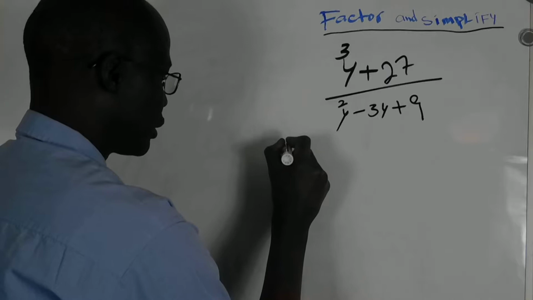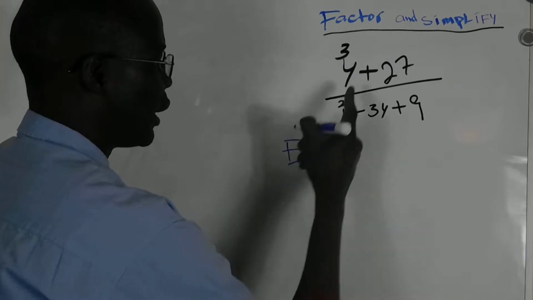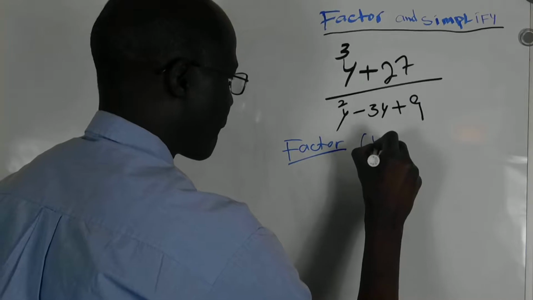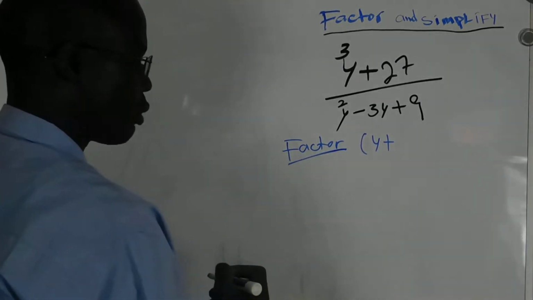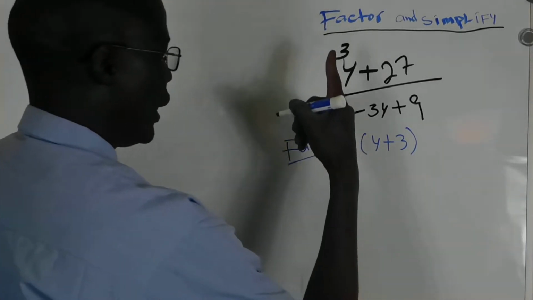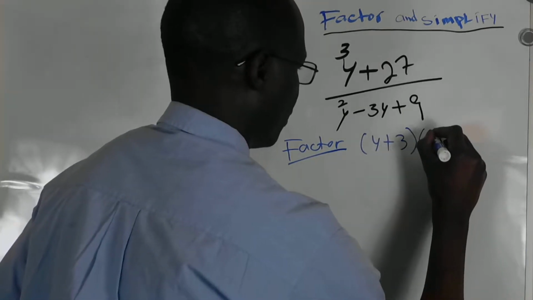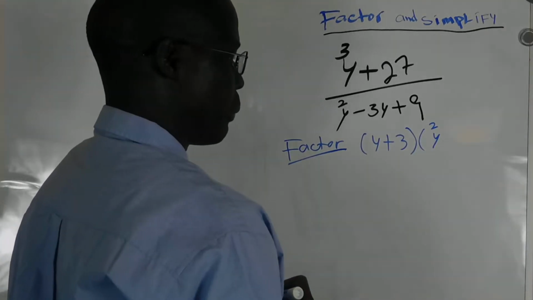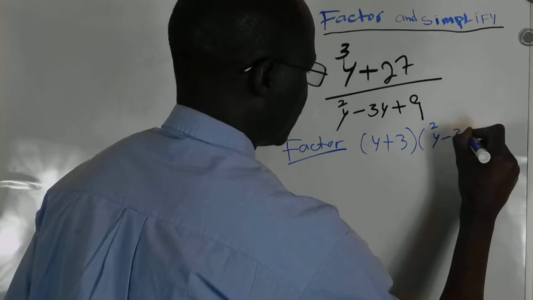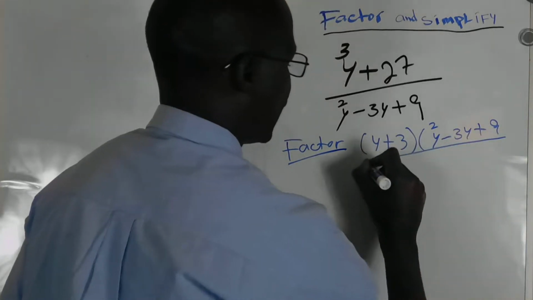So the way we factor the equation is, the first one should be y plus 3, times y power 2 minus 3y plus 9. All these are divided by